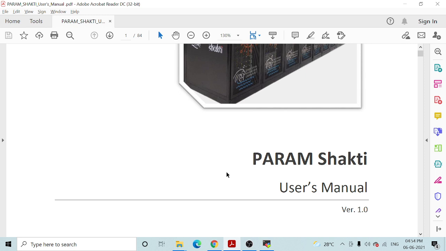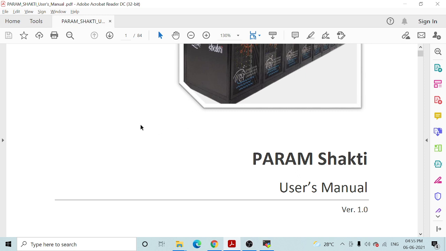From your desktop or any place, you can remotely access your Param supercomputer account and use whatever resources are available on that supercomputer.